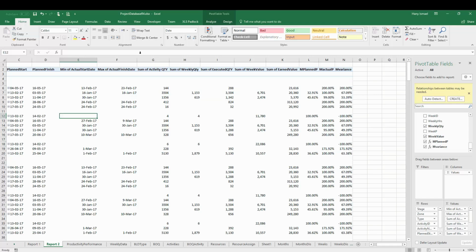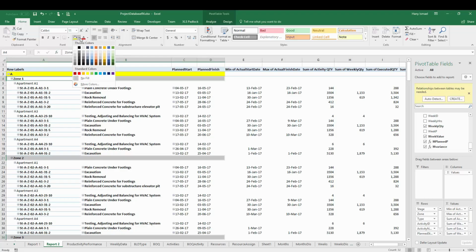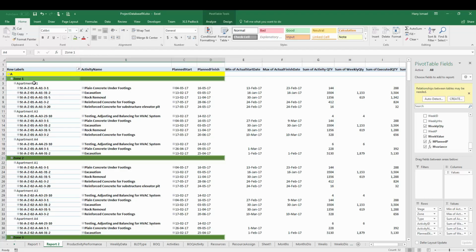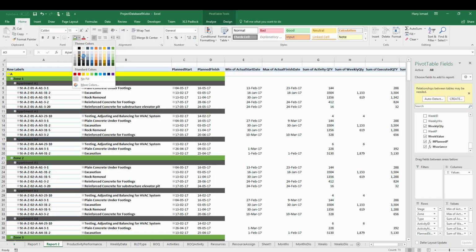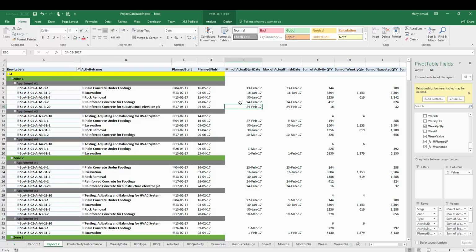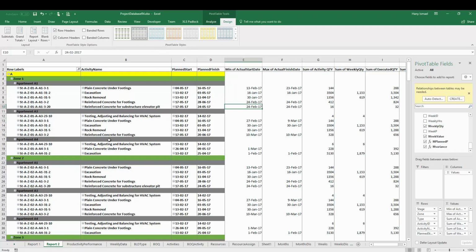Okay, good to go. Now I want to give my report some colors, so I'm going to select this level. I'll give it the color. This level I'll give it another color, and this level I'll give it another color, just to make it easy for reading. Now from the design here, I can select this shape, which will give me border for my report,